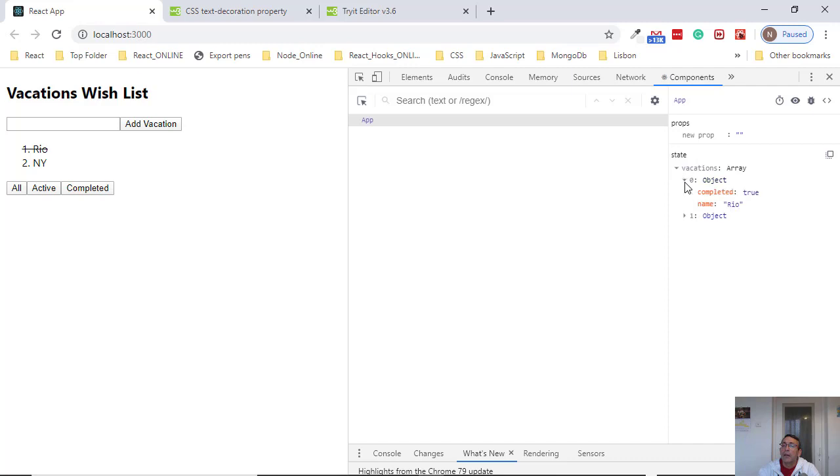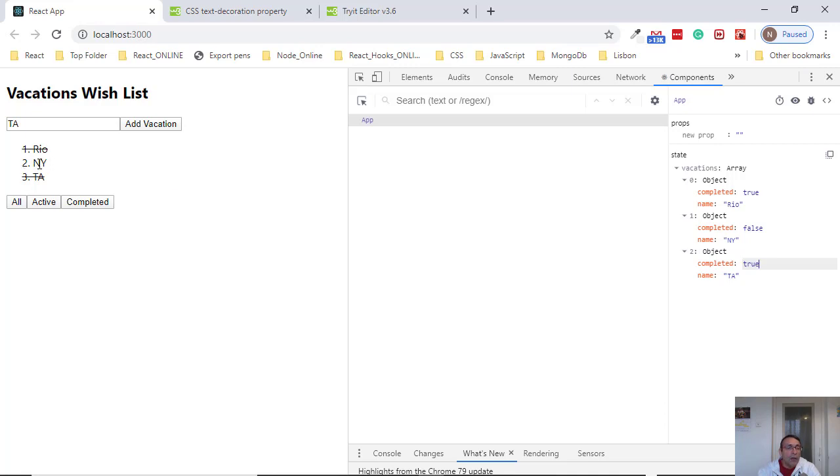Okay, this is completed, line through. This is not completed, not line through. And if I'm adding Tel Aviv, it is not completed, but if I change it to true, then it is with line through. So I see that my view is working right, but now I need to actually,